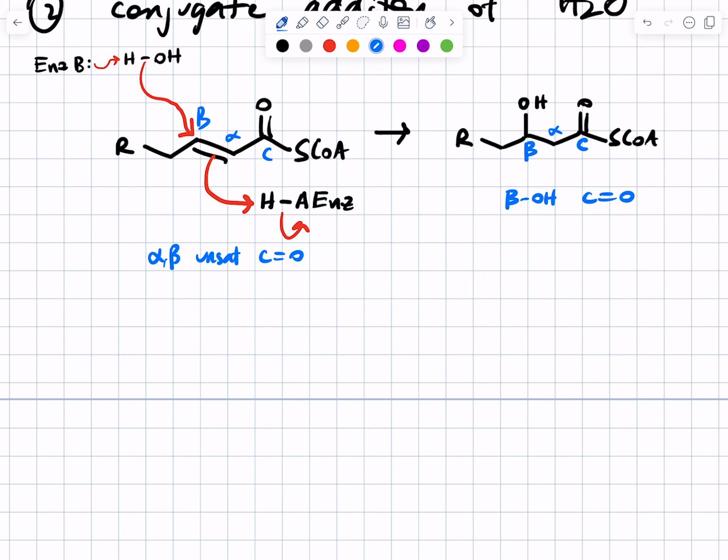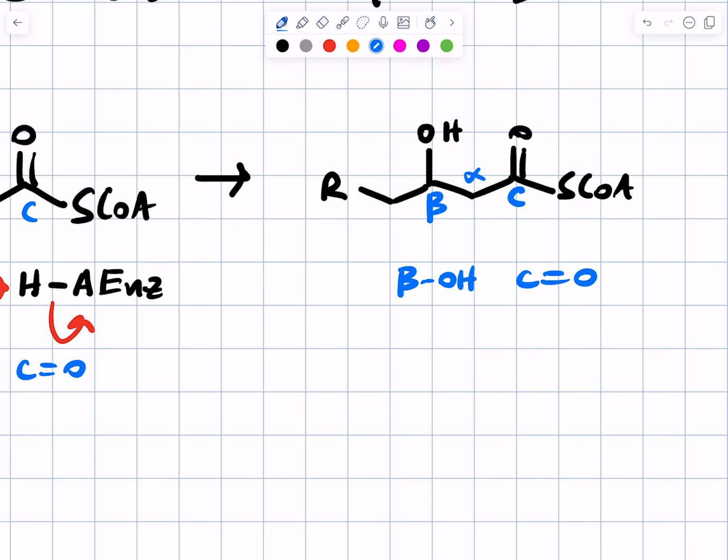Beta hydroxycarbonyl compound is a what product? Not Claisen, close. What's the other word? Aldol, right? And we've done retroaldol reactions. The bond that's made in an aldol reaction is this bond between alpha and beta carbons. You can see that if we did a retroaldol reaction at this point and broke this bond, what would the functional group be